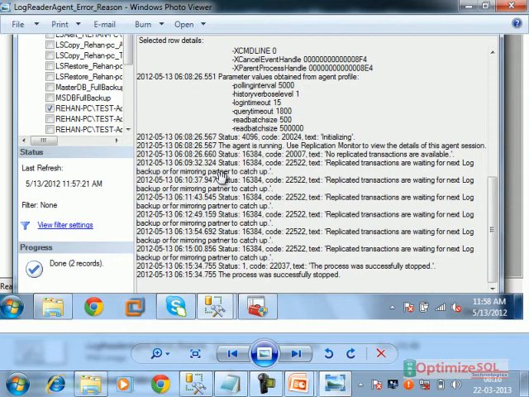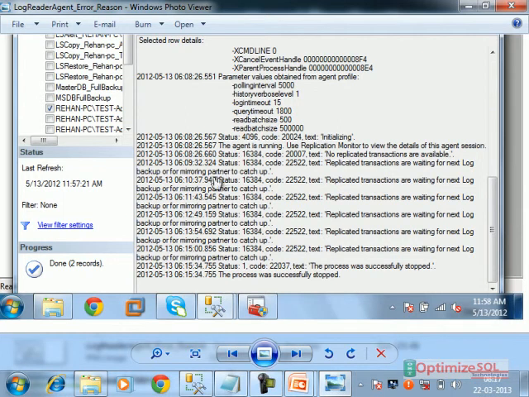Why? Because after taking the changes into the distributor, the log reader agent generally clears the changes. It will unmark the changes. But if the changes are cleared, when they have to go to the mirror server, after some time the mirror server will come online, and they will not be there. That's why replication is failing here. Mirroring is failed, replication is failed. Mirror server is down, that's why the log reader agent is not working. One of the reasons.